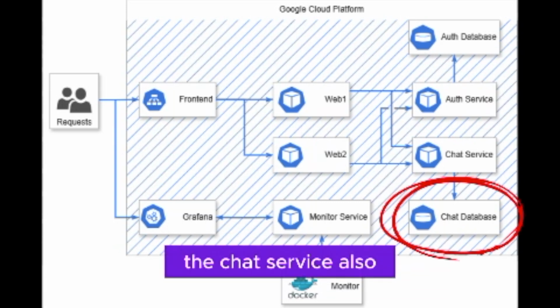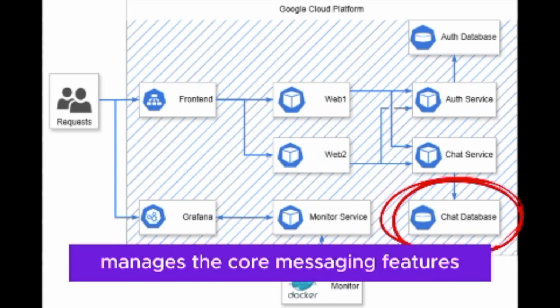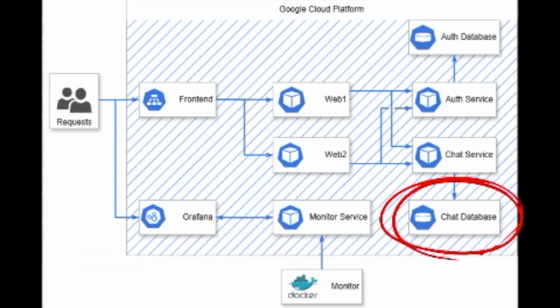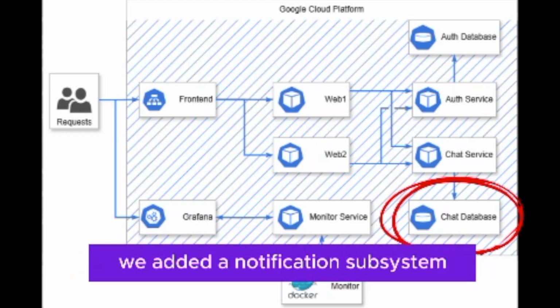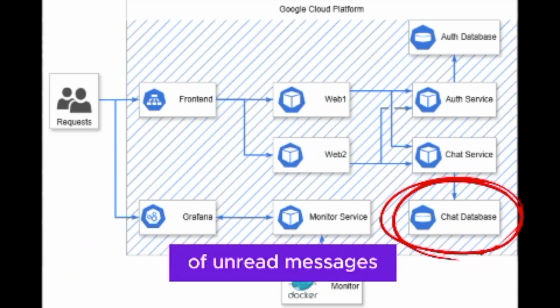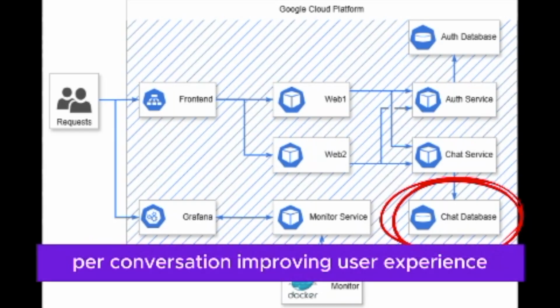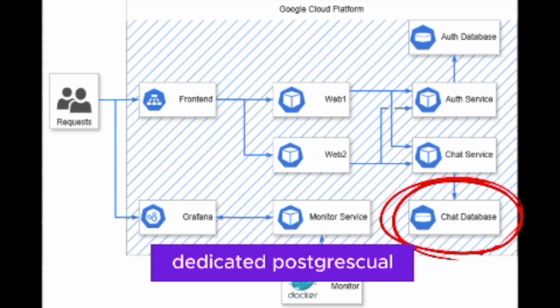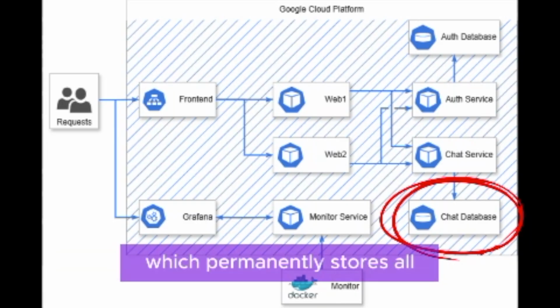The chat service, also developed in Flask, manages the core messaging features, including direct and group messages, message retrieval, and group creation. In the final version, we added a notification subsystem that tracks the number of unread messages per conversation, improving user experience. Like the authentication service, it's connected to a dedicated PostgreSQL instance called ChatDB, which permanently stores all